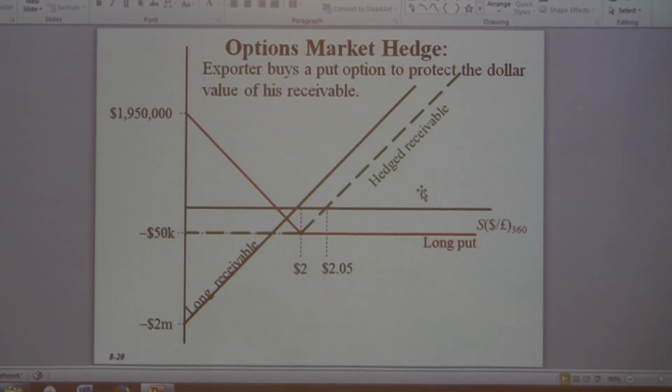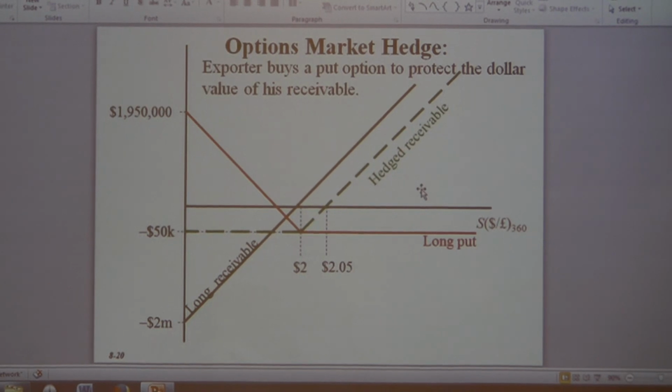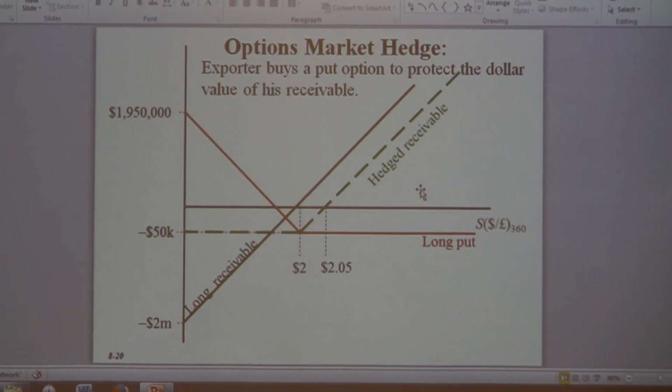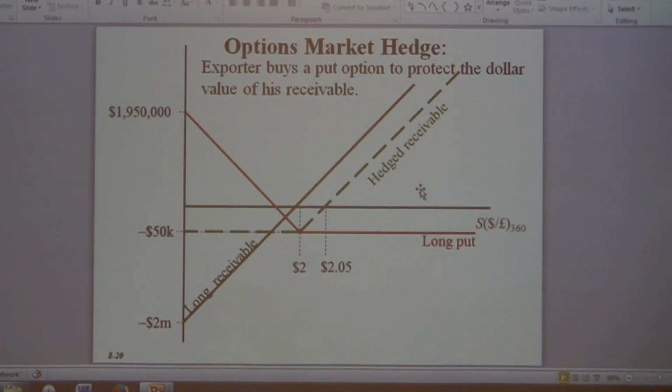So let's look at this example where K is $2 and the strike price is, the put premium is 0.05. So these are the numbers. And let's assume that here what he's receiving is